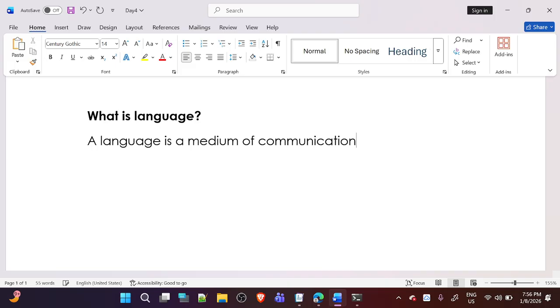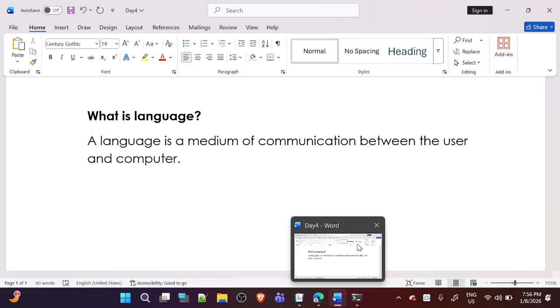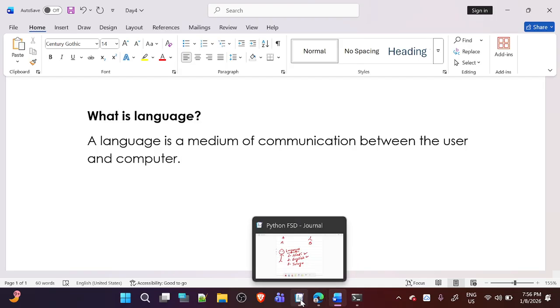Correct or not? A language is a medium of communication between the user and computer. How is a language a medium between user and computer? Because see,